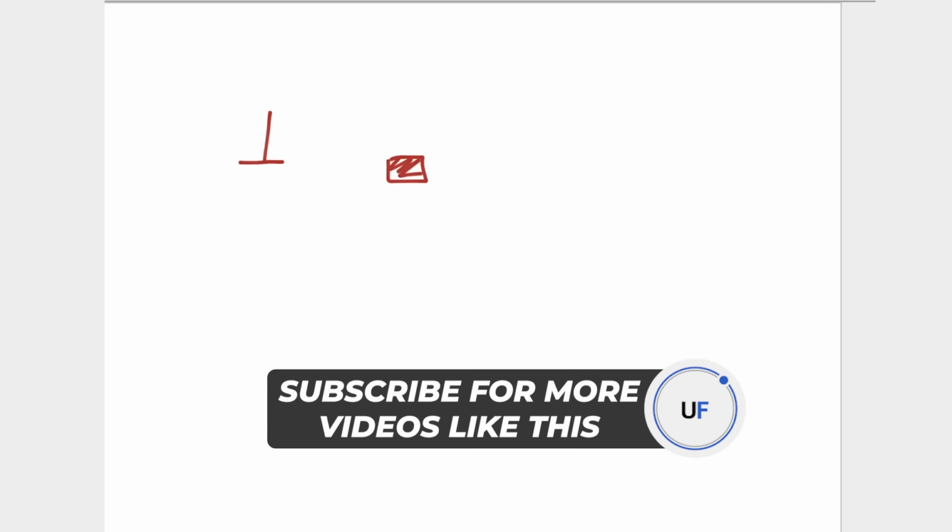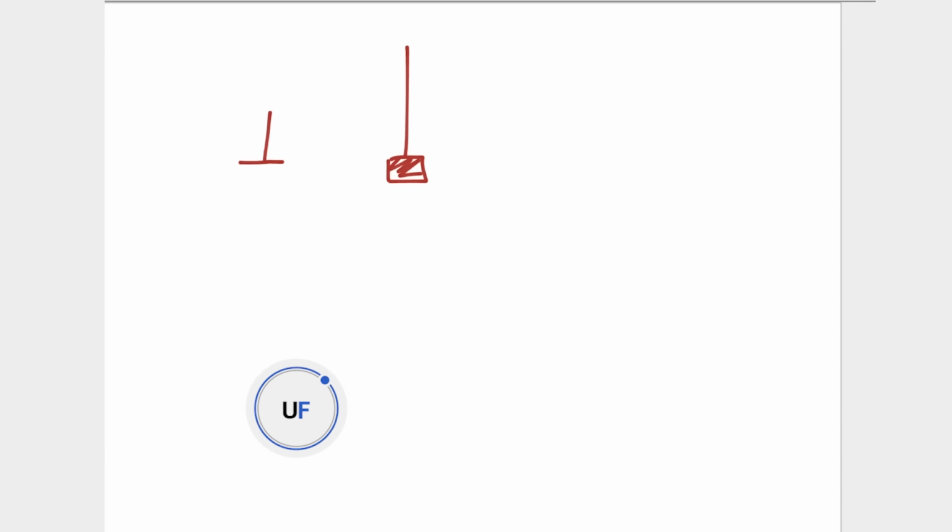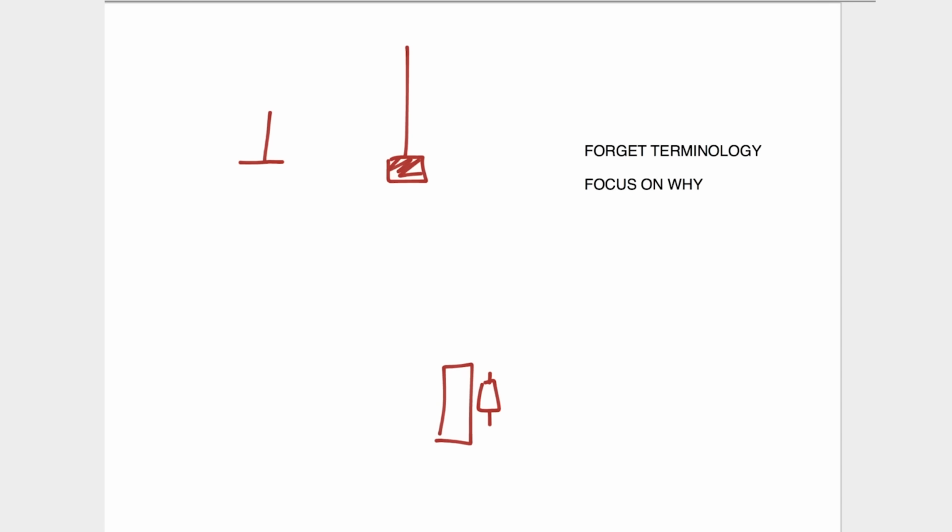When we see a candlestick, okay, we got something like this, we call it doji. We see something like this, and if it's colored in, and then we see something like that, hammer, inverted hammer, pin bar, exhaustion candle, we got several names for everything. We see something like this, engulfing, previous candle is engulfing the next candle. So there's so much stuff there, right? Now, what I need you to understand is this thing. Forget terminology. Focus on why.